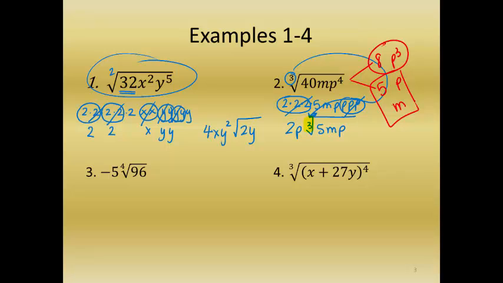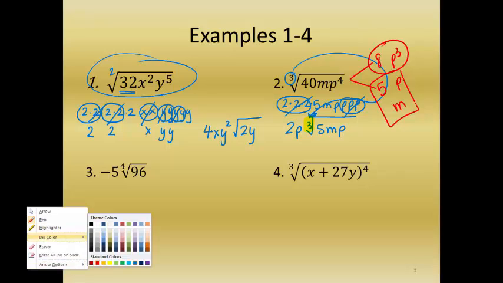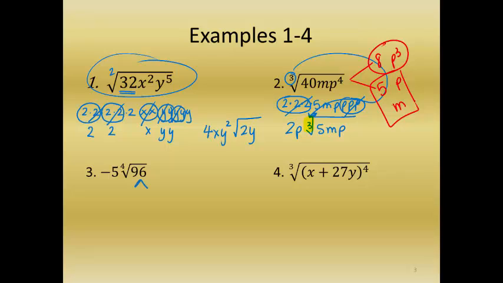Let's take a look at example 3. So here I've got 96. I'm going to go back to my blue pen, and I'm going to start breaking that down, some prime factorization. And if you need to use your calculator, there's nothing wrong with that. You're working with a bunch of numbers that aren't going to be common until you start breaking them down. So maybe I'll just divide it in half, and I see that that's 2 times 48, and then I divide it again, and it's 2 times 24,